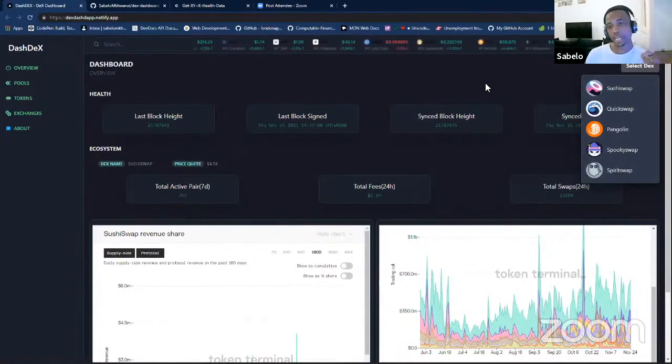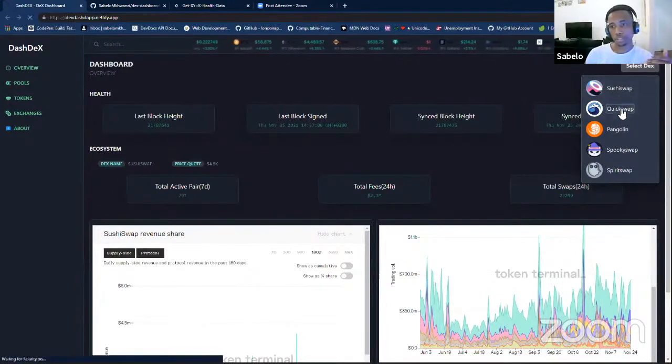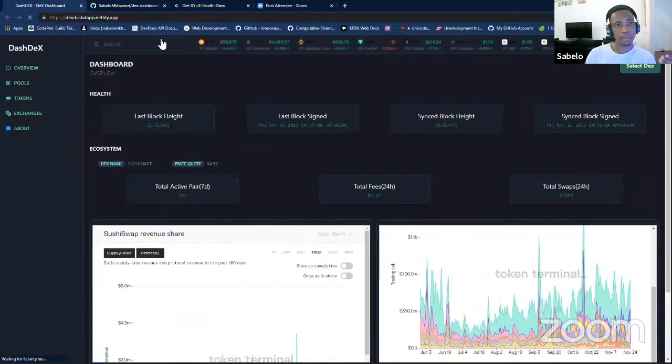But the challenge that I had was the routing. So that's why I decided to use Next.js, which I normally use, which makes it easier to route from page to page. So when you click on quick swap,